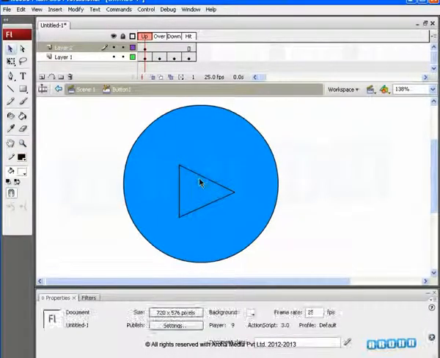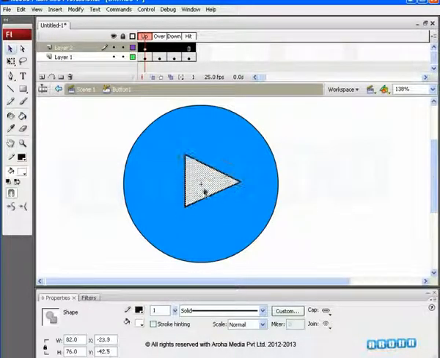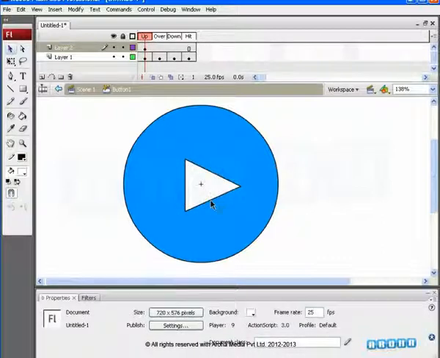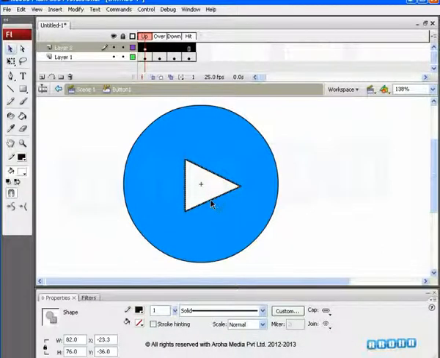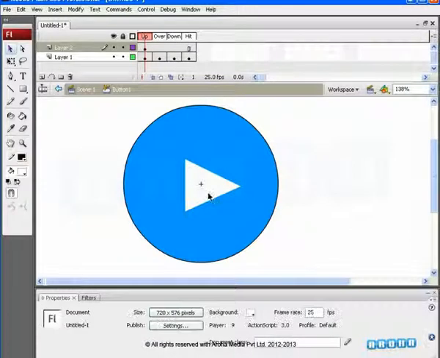Adjust and edit the triangle with the Select tool again. Now, fill white color inside the triangle by selecting it from the Fill Color swatch. Double-click on the outline of the triangle and delete it. You can do the required editing of the triangle at this stage for the button's look and feel.